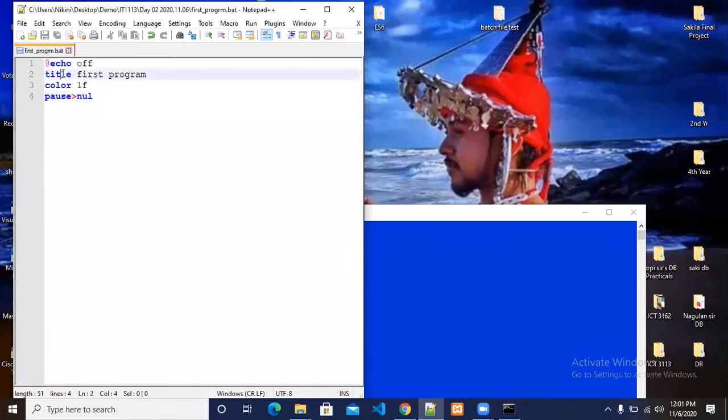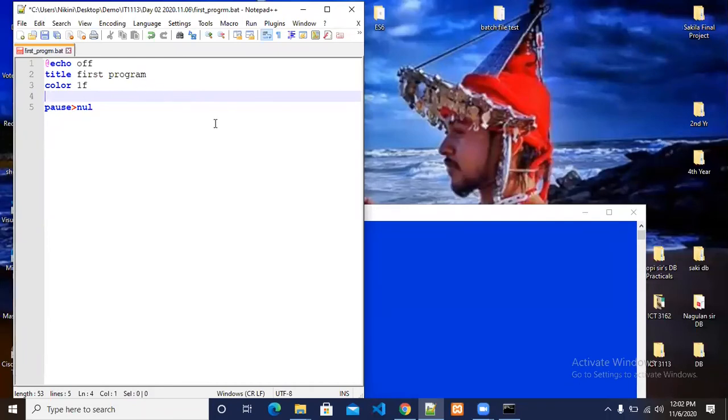Yeah, we know how to add some color, we know how to put a title, and we know how to hold on it. So let's put some message to the batch file. I am going to show you that step by step.